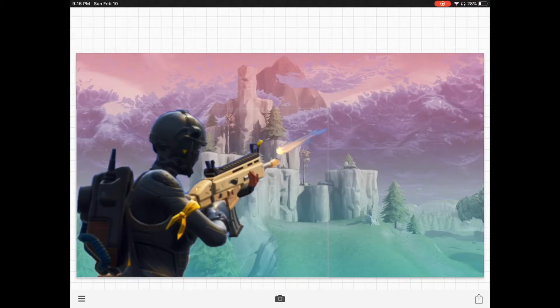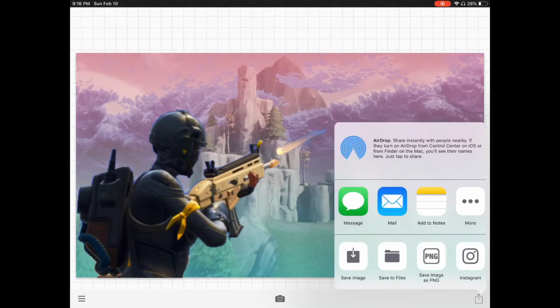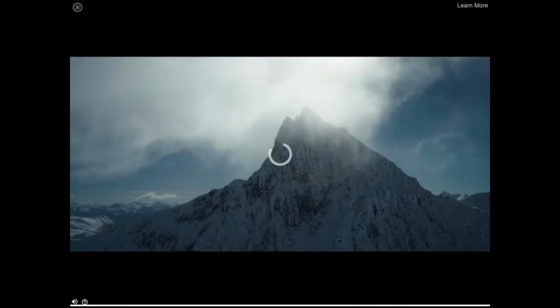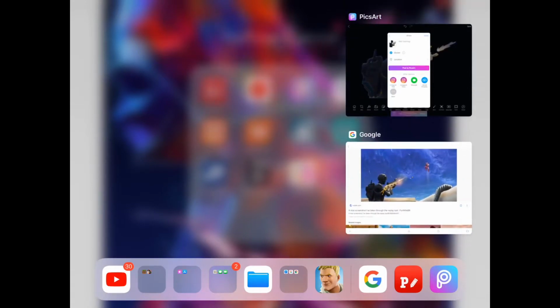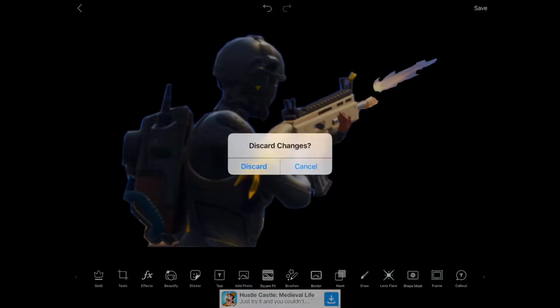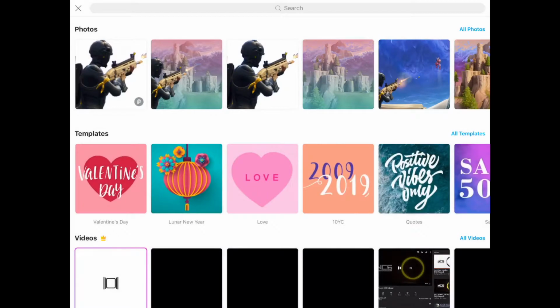You can move it around and everything. You can even tilt it if you want to, but I'm just going to keep it like this. Go to the box with the arrow in the bottom right, press save image, and then there will probably be an ad which you can just swipe out of. Go back into PixArt,